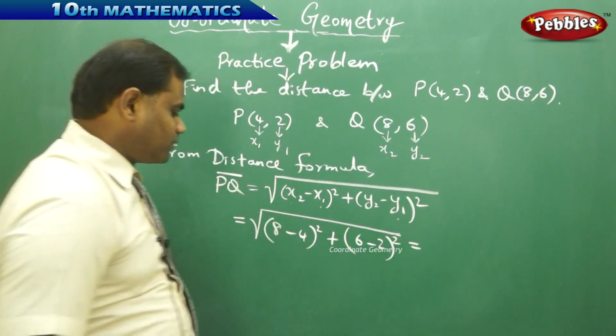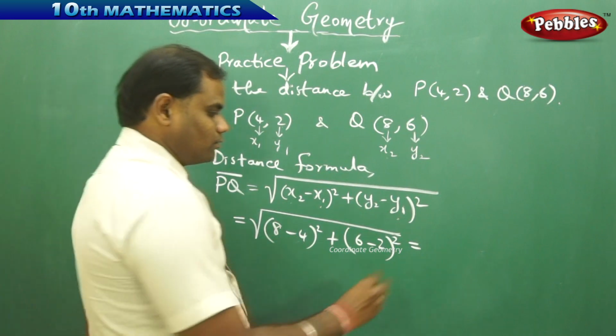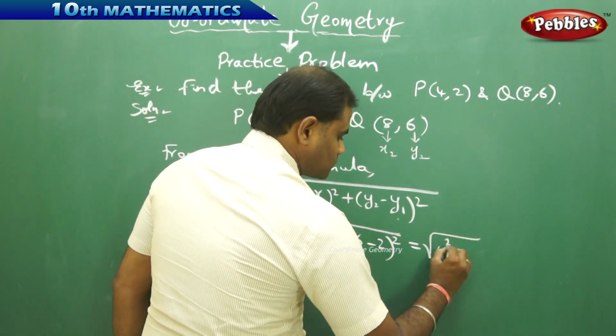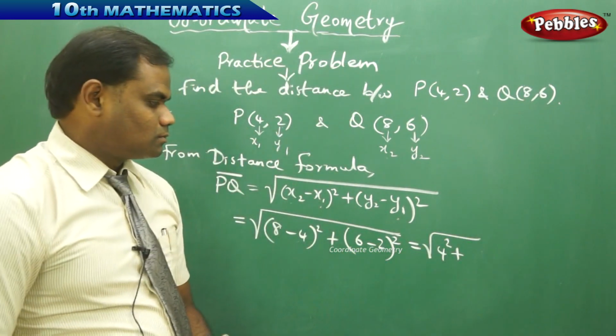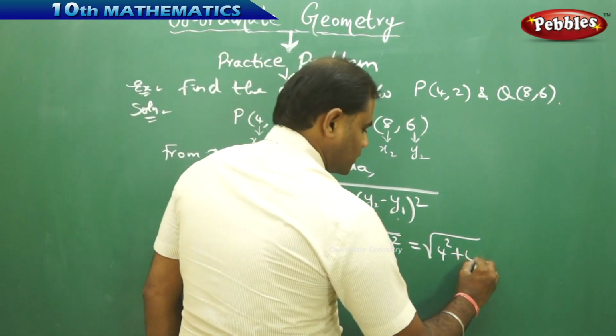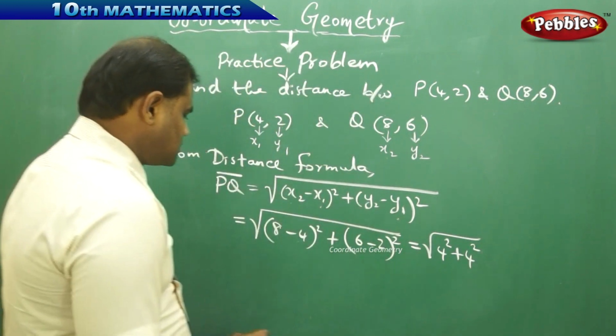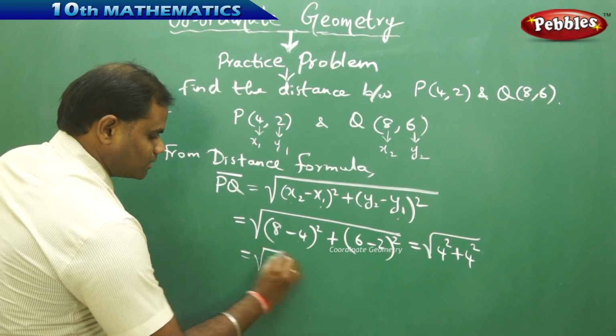This, on further simplification, gives me (8 minus 4, which is 4) square, (6 minus 2, which is 4) square, and this is 16 plus 16, which gives me